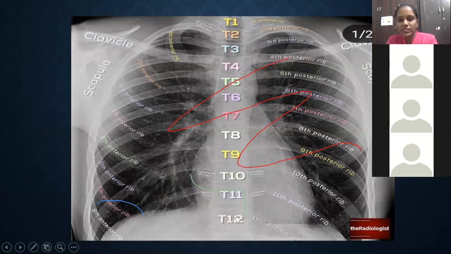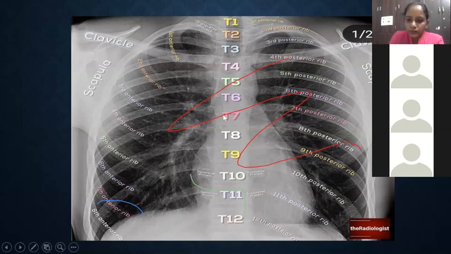We should be able to see the lower 3 vertebra faintly across the cardiac shadow, and in an AP view, we will be able to see the anterior ribs. So we should be able to count the ribs, anterior ribs and the posterior ribs. Posterior ribs are seen better in the AP view because the cassette is very near to the posterior ribs when the X-ray beam comes from front.